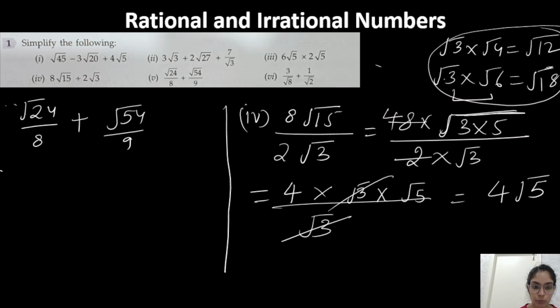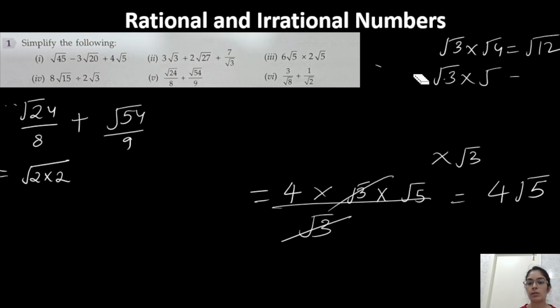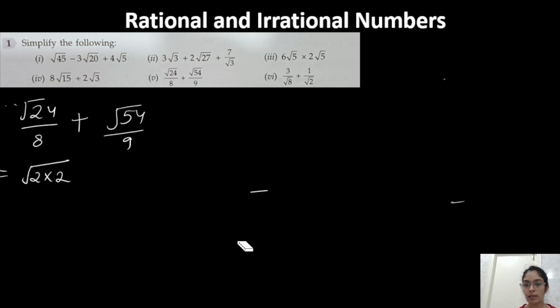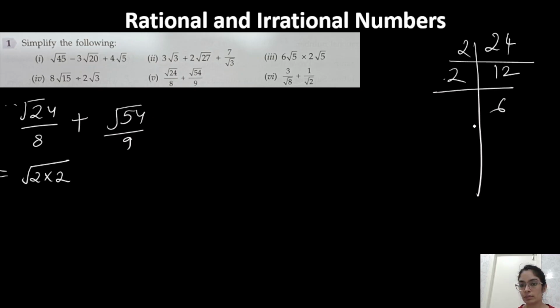So square root of 24. How can we do it? See, we know 4 into 6 is 24. So 4 I can write as 2 into 2. If you are not comfortable this way, you can do prime factorization the way you learned in lower classes. I can just show you. Then if you want, you can do this way also, as it will save your time. Like in lower classes you have learned like this: 24, so 2 into 12, then 2 into 6, then 2 into 3, then 3 into 1. Or we know 24 is either 8 into 3 or 6 into 4. Both ways you can do, and then you can make its prime factors.